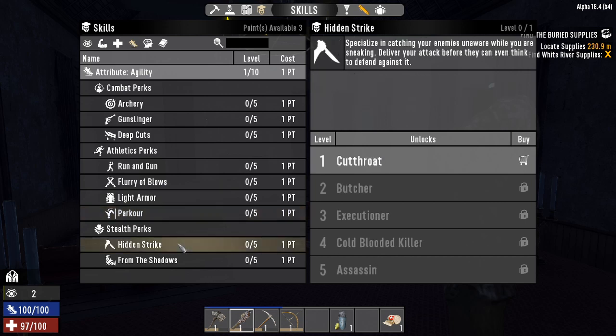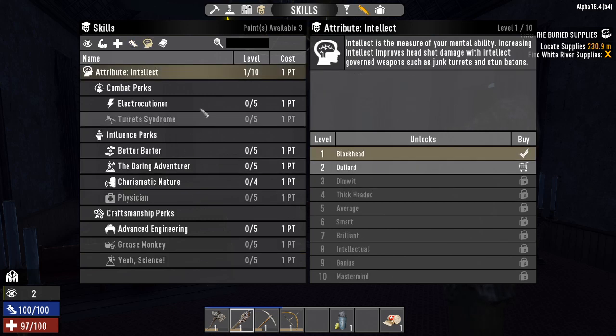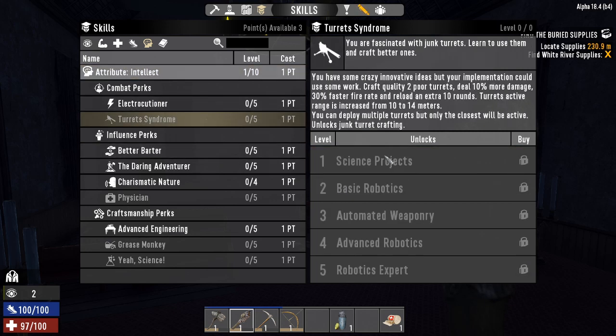Got stealth perks, which is hidden strike. You are a cutthroat who prefers to operate from the shadows and use stealth and sneak attacks. Sneak attacks deal 50% extra damage. And from the shadows, which is hide in the shadows, 13% more, affected noises from actions are muffled by 10% and sneak movements 10% faster. Not bad either. And lastly, we've got intellect, which we cannot unlock this one because it kind of depends on